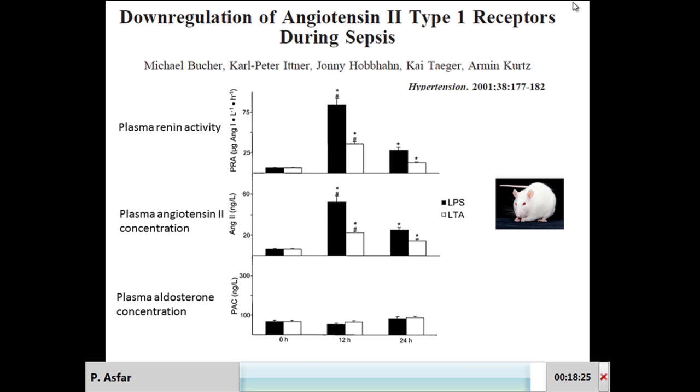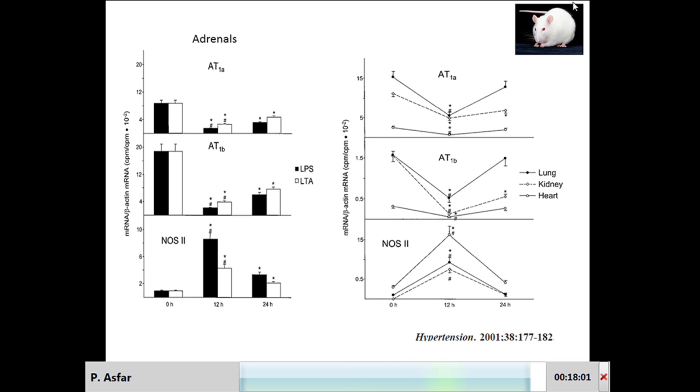We have a challenge of rats with endotoxin, and the authors report an increase in plasma renin activity as well as plasma angiotensin II concentration, but the peripheral response with aldosterone is completely blunted. So what happens at the receptor level? This slide shows you the effect of